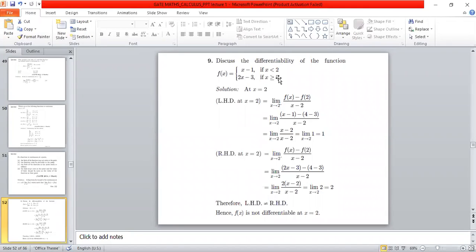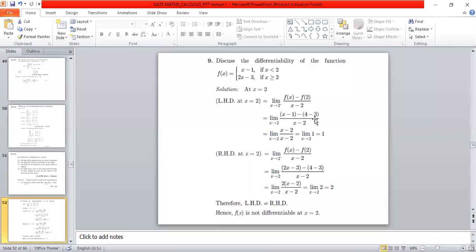So f of 2 is 2 into 2, that is 4 minus 3. We cannot choose the function x minus 1 for writing f of 2, because 2 is not considered there, 2 is considered here. So upon x minus 2, it will be x minus 4